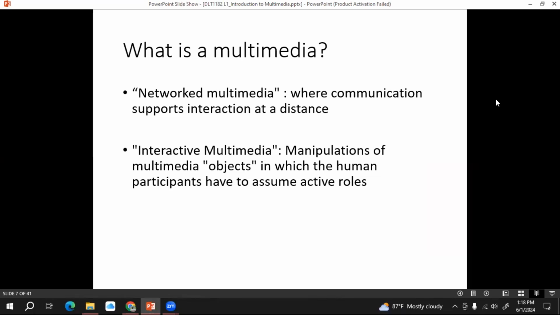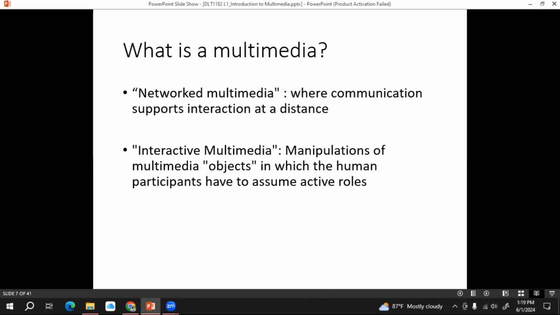Then we can discuss more about the multimedia system. We can have a networked multimedia. What is the difference between normal multimedia and networked multimedia?